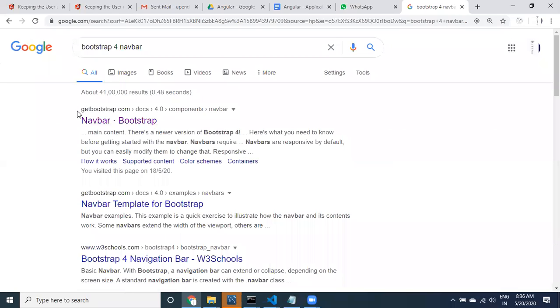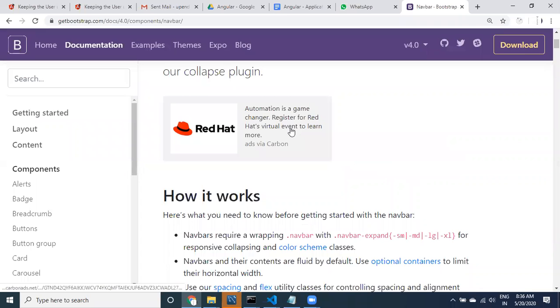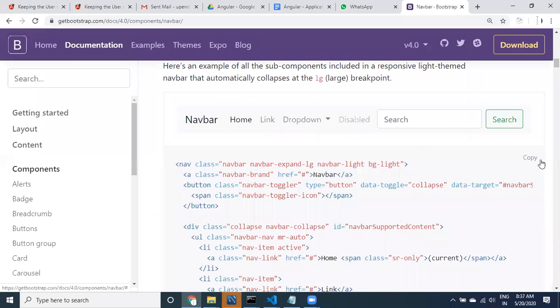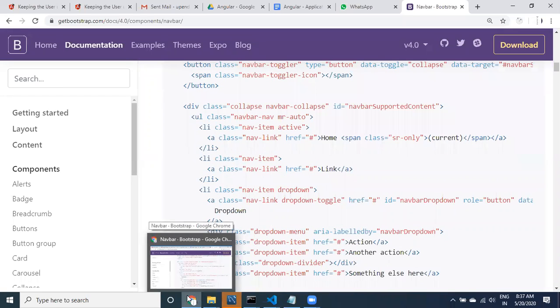I like to surf getbootstrap.com, guys, because this is the official website from Bootstrap. I like going to official websites instead of other websites. For learning purposes, you can go to other websites. But once we know the basics and are able to understand, then I suggest going to the official websites of any technology. If you don't have basics, that is not the right thing. You can go to basics websites, and then come back to official websites. Your final goal should be understanding official websites of any technology.